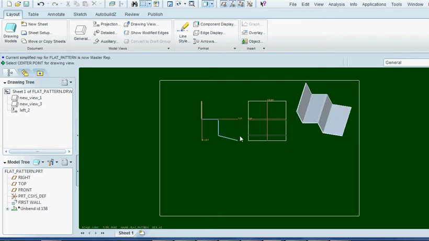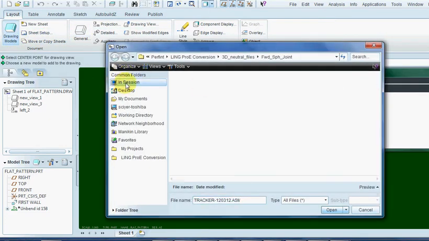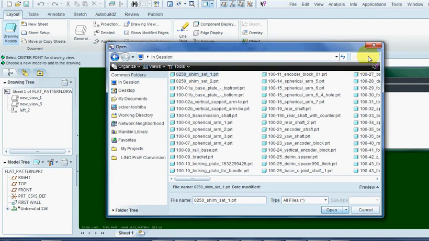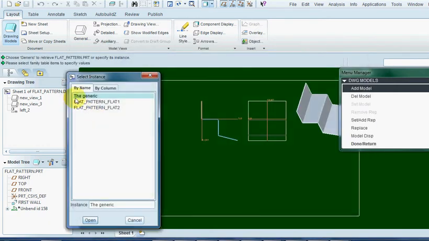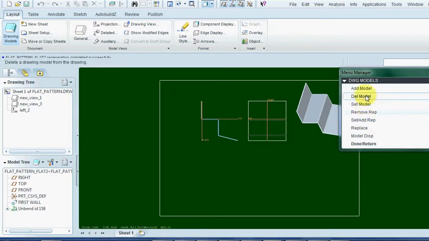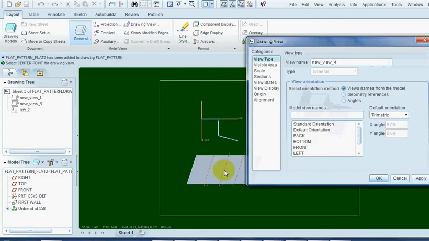Having done all this, I need to include a generic view of the flat pattern. So I say drawing models, I say add model, insertion. Let me go to the flat pattern. Okay, this is the model of flat pattern, of which flat pattern I need. Say flat pattern flat 2, open. That's all. Generic view here, and I'll say top,